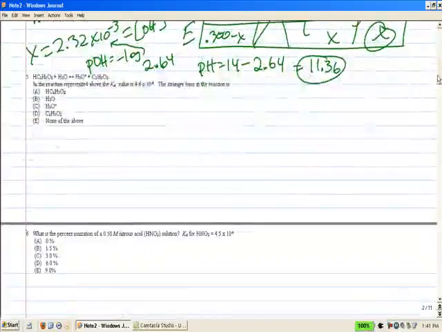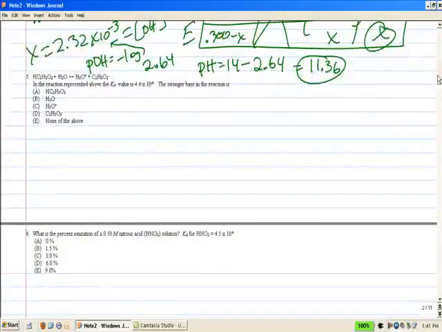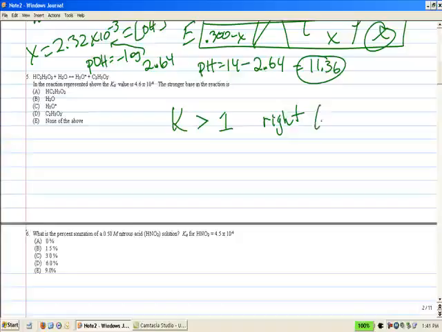Okay, number 5, and the reaction represented above, the Ka value is 4.6 times 10 to the negative fourth, and therefore they want to know, just using that information, what the stronger base is. Remember that if the equilibrium constant is greater than 1, so K is greater than 1, the reaction lies to the right, which means you have mostly products. Okay? If that is correct, then remember, the stronger the acid,